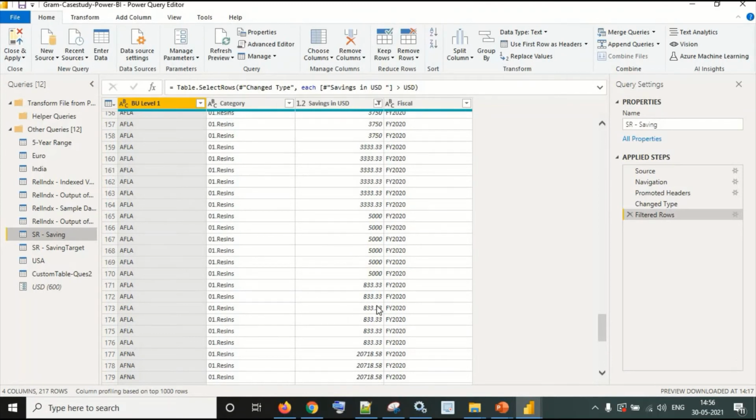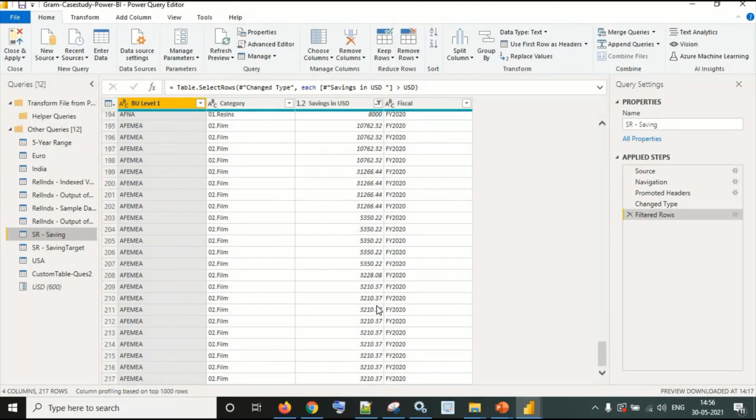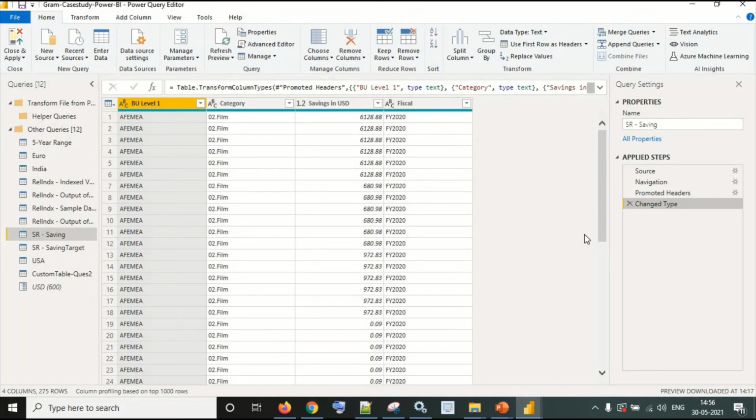So that is how we can use dynamic values that we can pass over here. This is the basic functionality of filters, and obviously there are many more such functionalities related to parameters, and one of them I'm going to discuss in my next question.